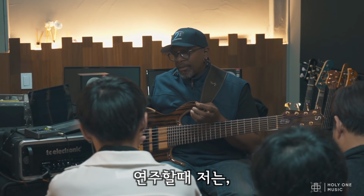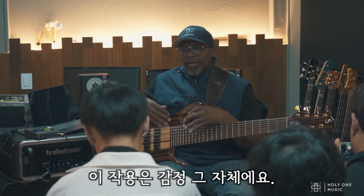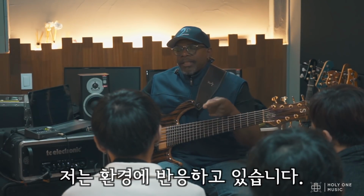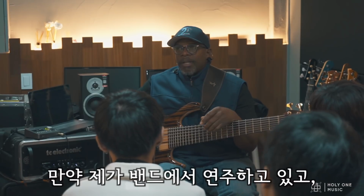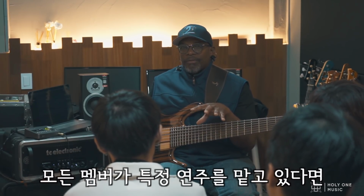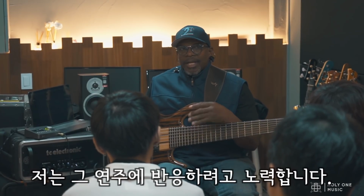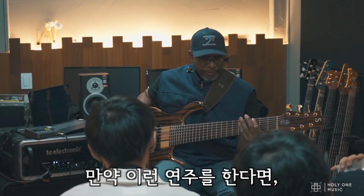When I'm playing, I'm usually responding to my environment. This is all emotion for me, especially on the 7-string. I'm really reacting to my environment. If I'm playing in a band where everyone is sort of taking chances musically, I tend to respond to that. So if I just play it,